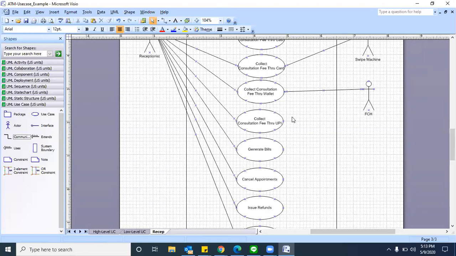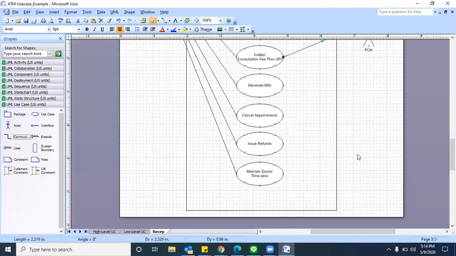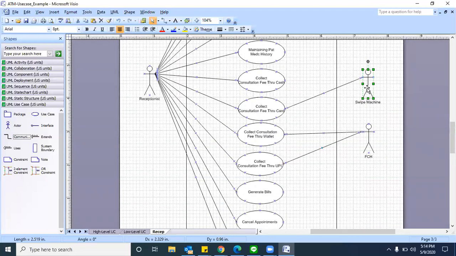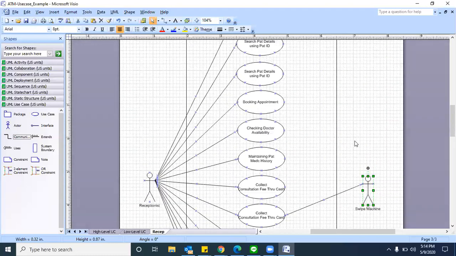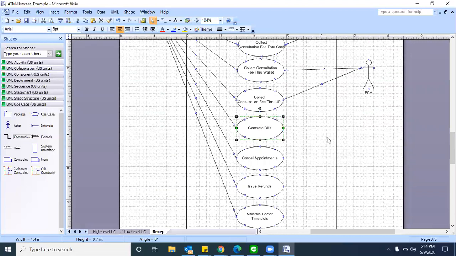We cannot, sir. It should be authenticated, because your funds should be valid, and your wallet should be authenticated, whether you are accessing the wallet or someone else is. Many authentications should happen, and those authentications will happen with the help of FCH, Financial Clearing House. Generally, for cards and wallets, we can keep FCH straight away instead of any other. Is that clear, Siddiq? Yes, sir. And see here, one more secondary actor is also required if you observe keenly. For generating bills, you are going to take printouts, right?